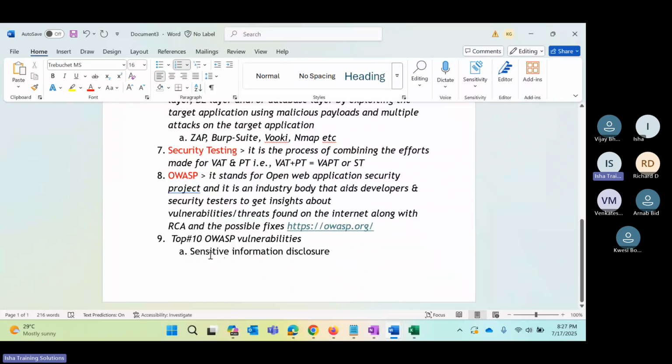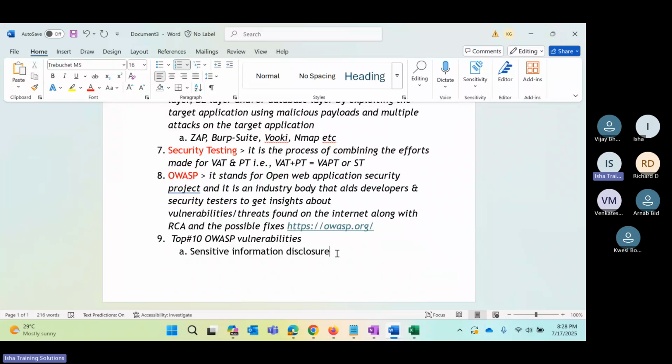So there is this vulnerability called sensitive information disclosure. What this vulnerability says is that your application deployed on the production environment, whether it is a mobile app, a website, a database or a desktop application, should not reveal its technology details, like what front-end languages developers used, what back-end frameworks they have used, what database details, and on which server it is hosted. All this information is very sensitive to that project,